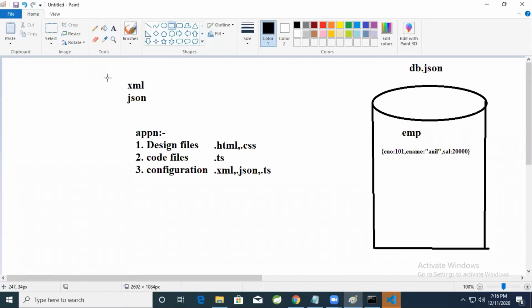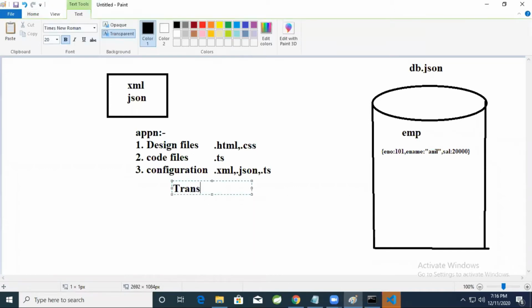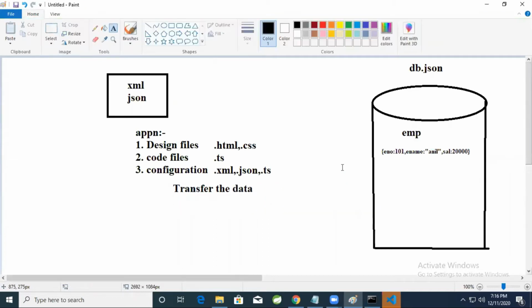One is to maintain the configuration file. Other one is to transfer the data via network between the layers. To transfer the data also, we'll use XML and JSON. But nowadays JSON is very popular. JSON is lightweight compared with XML, and it supports mobile also, because nowadays mobile apps became very popular. Mobile cannot read the data from XML. That is why all the apps are using the data transfer in the form of JSON.